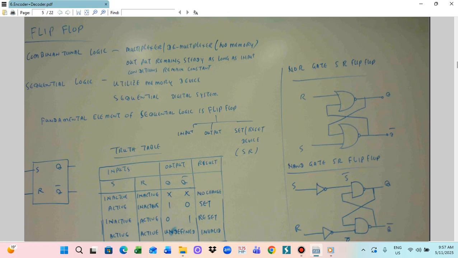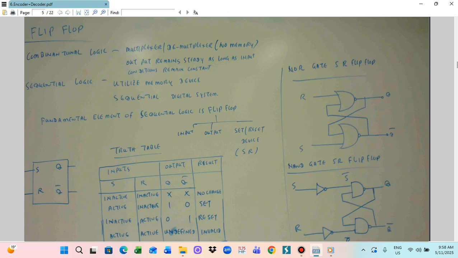Combinational logics are the multiplexer or demultiplexer. They have no memory. Output remains steady as long as the input conditions remain constant. Sequential logic systems utilize a memory device. So this is also a sequential digital system. The fundamental element of sequential logic is a